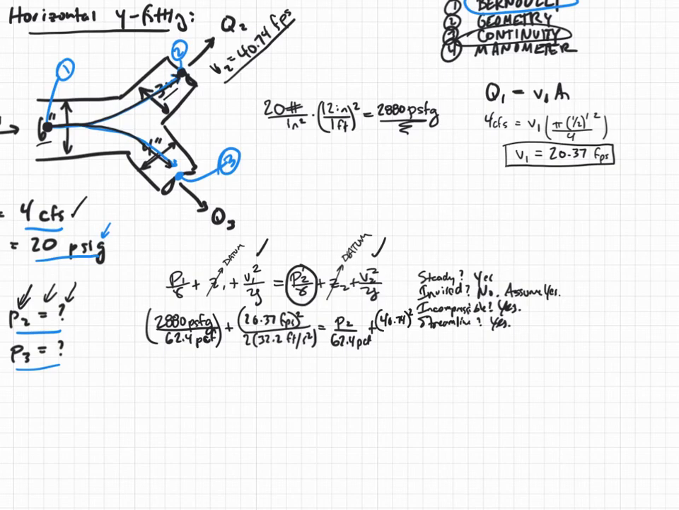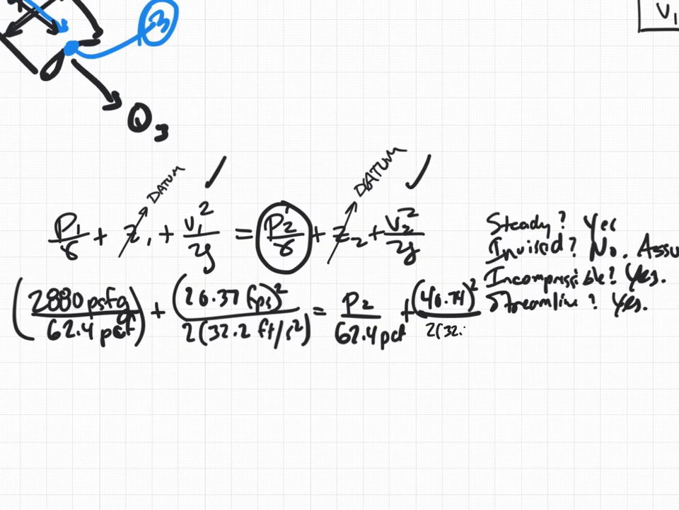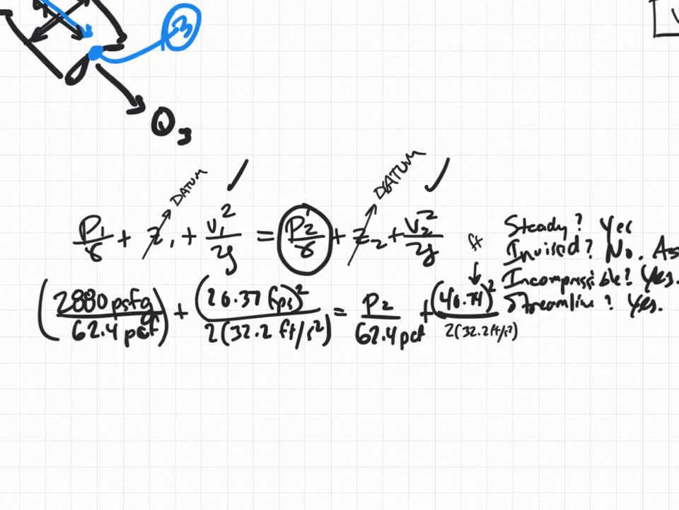I'm not going to write the units right now, so I can squeeze it in there. And divided by 2 times 32.2 feet per second squared. Noting that these units do work out, even though I didn't write them. Feet per second squared is going to be feet squared over second squared, divided by feet per second squared. So we'll end up with feet for this whole term. Okay, so if I solve this whole thing, I'm going to get P2, and it's going to be